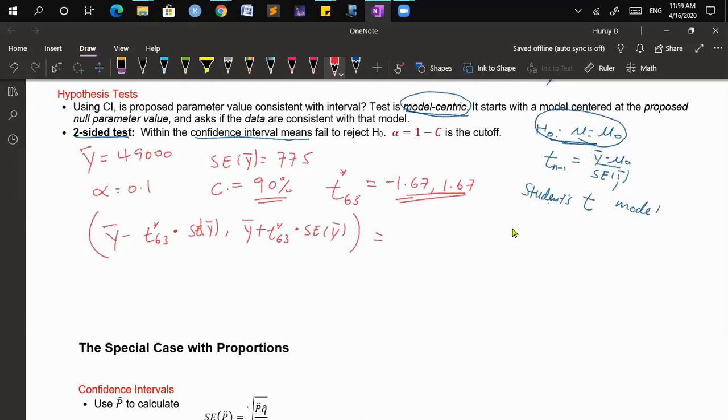So the lower bound is 47705.75, comma, the upper bound is